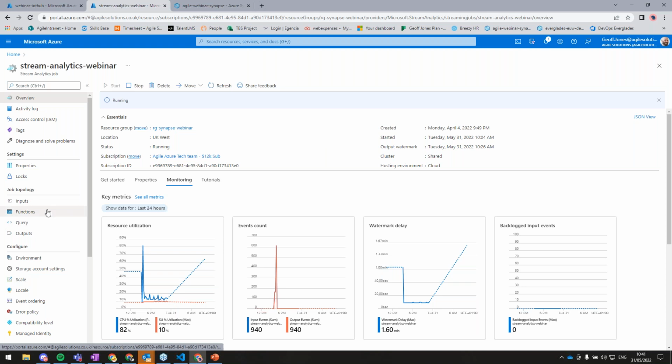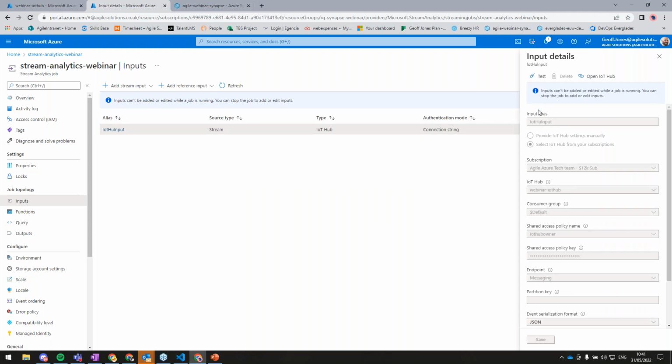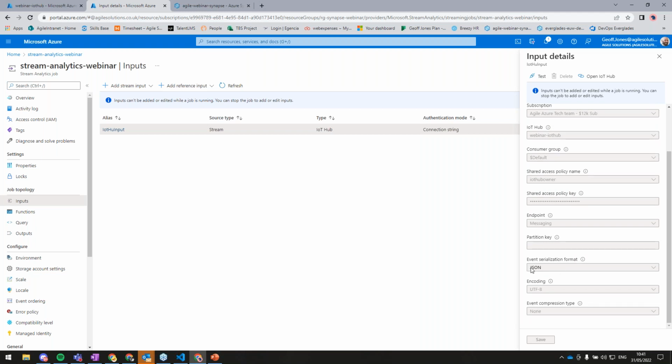For our purposes, I'll talk you through the inputs first. In our Stream Analytics environment, we have configured one IoT hub input, which is configured to receive all the messages from our IoT hub, and we've configured it to send them through in the JSON serialization format. We can also use Avro as a format, which is a slightly lower overhead in terms of size because the schema is built in. As you can see, we have a few options in terms of streaming inputs: IoT Hub, Event Hub, as I've discussed, as well as events out of Gen 2 data lake storage within Azure.